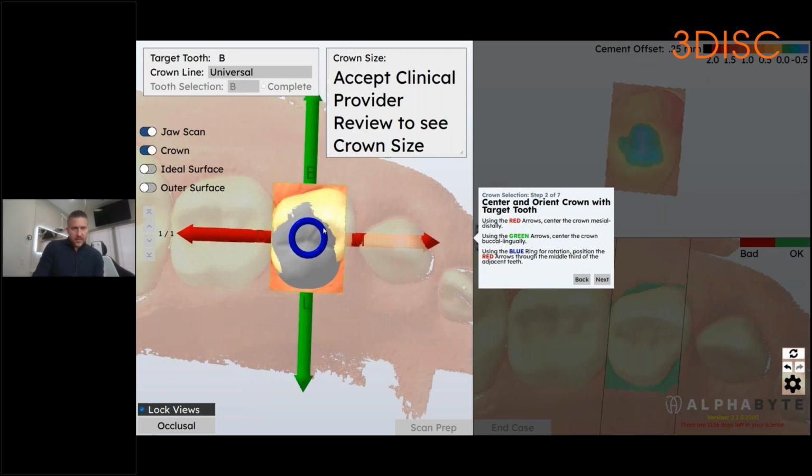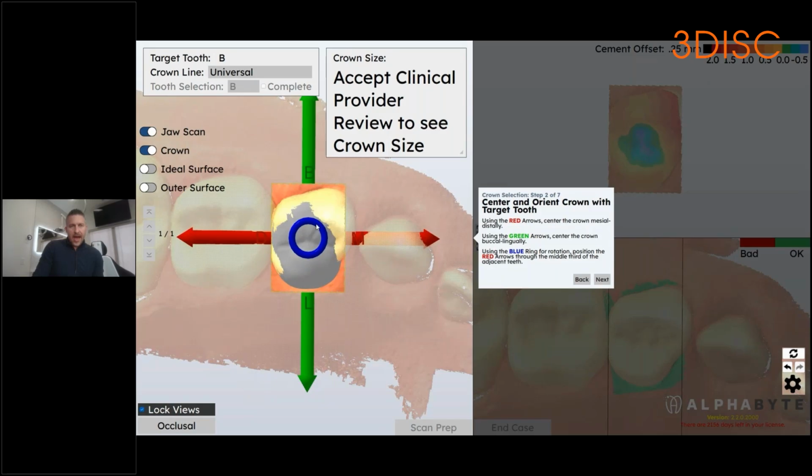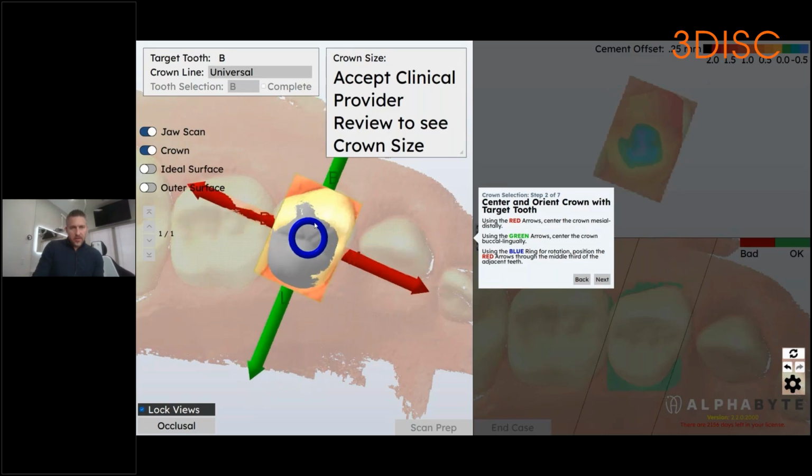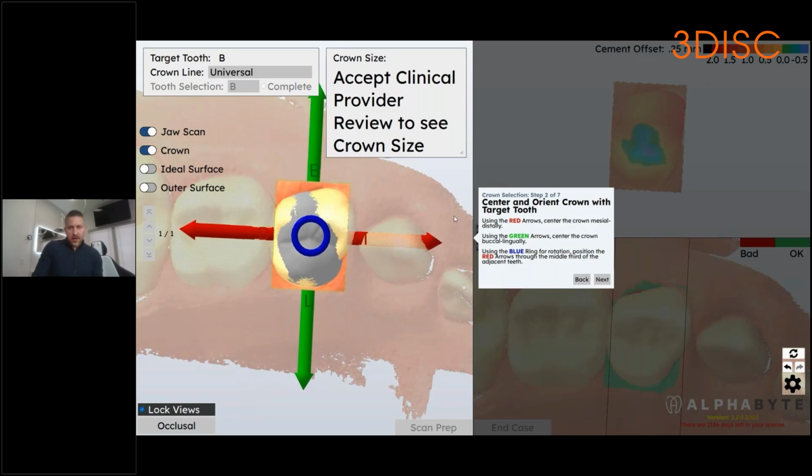And it's also going to give me a couple of tools that I can start manipulating, which you see me activating with my left mouse button, this blue wheel, and that allows me to rotate it around that axis. I can grab this green arrow and I can shift that crown in a buccal direction, or the red arrow allows me to shift it to the mesial distal. Now, what's on the screen right now is some explanation as to what these red arrows and green arrows and blue wheels do. But all we have to do in this step 2 of 7 is center this digital crown